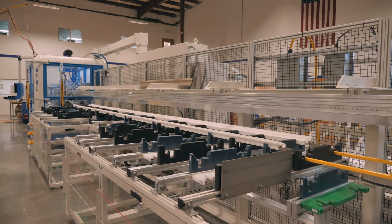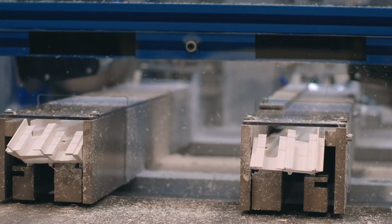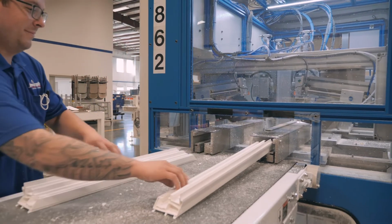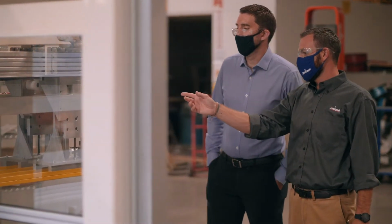We could make the machine be capable of doing 2 pieces at a time, which are mirrored or the same cut length. You get those out, there's 2 pieces rather than just one and then have to match it up with its pair later. The customer's initial reaction to the concept that we threw out to them was they were a little reserved on it until we were able to explain to them and kind of go into more detail